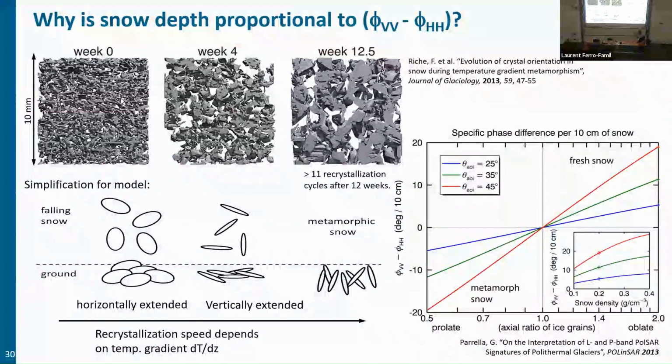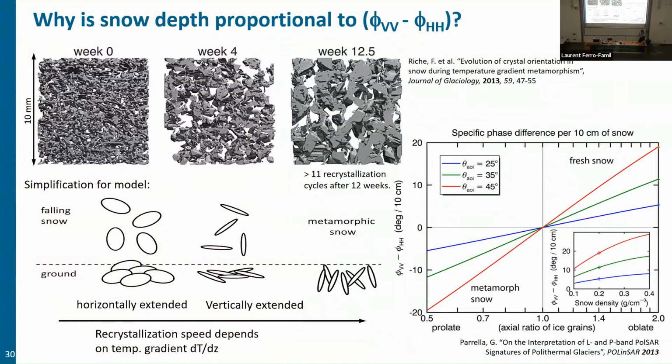Then what is happening after week 4, when the snow is in principle stable? It's not falling anymore, it's just compacting, right? It's settling down. And what you get is these shapes of particles, a little bit elongated shapes that you see here. Then in week 12 already, we see it even stronger. You have very strong shapes like these, like needle shapes, and these are oriented somehow. So with time, if you look at real snow properties here, you have a change